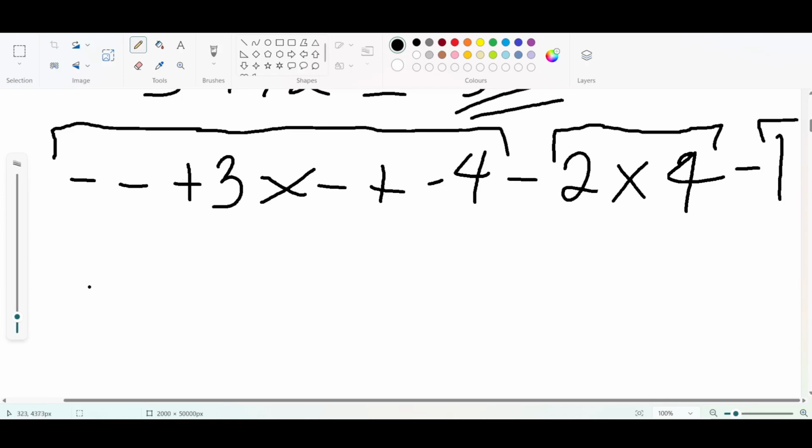So first we need to reduce the sign. So minus times minus times plus, so that's going to be plus, right? So that's going to be 3 times then minus times plus times minus. Of course, the number of minuses is even, so the eventual answer is going to be plus,